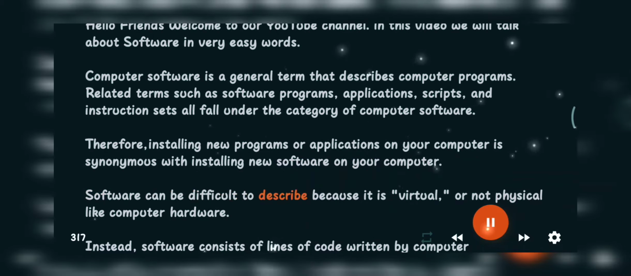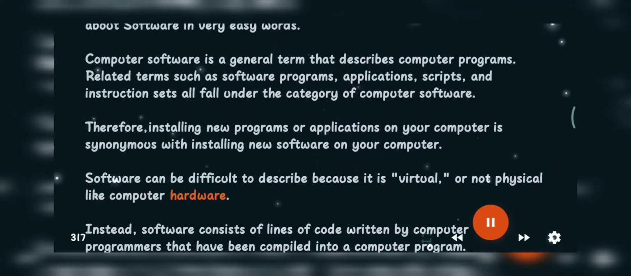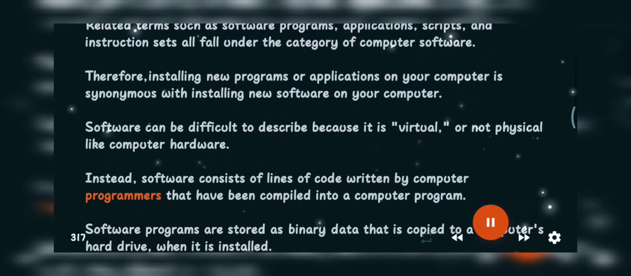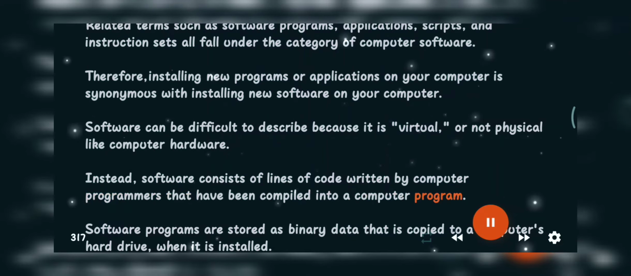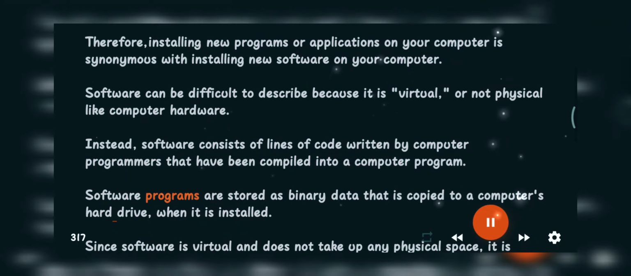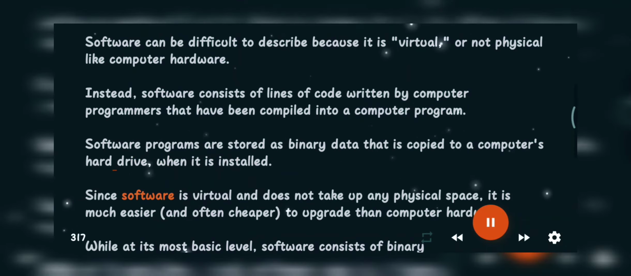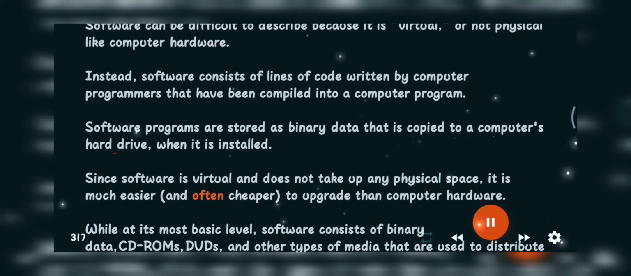Software can be difficult to describe because it is virtual, or not physical like computer hardware. Instead, software consists of lines of code written by computer programmers that have been compiled into a computer program. Software programs are stored as binary data that is copied to a computer's hard drive when it is installed. Since software is virtual and does not take up any physical space, it is much easier and often cheaper to